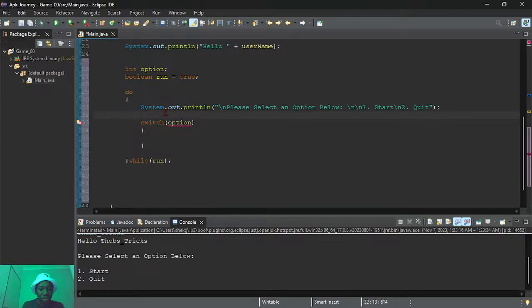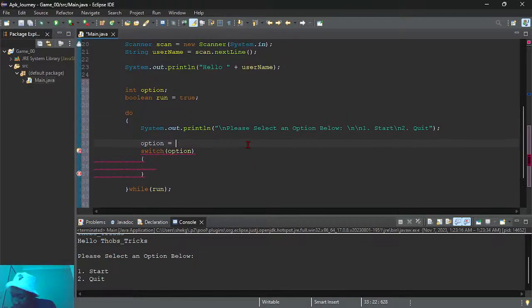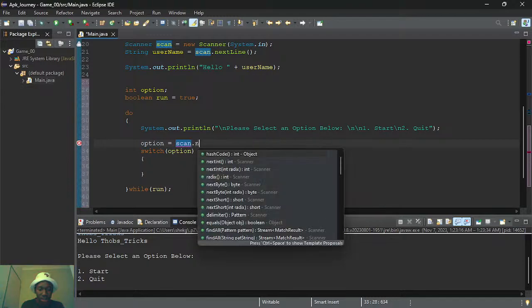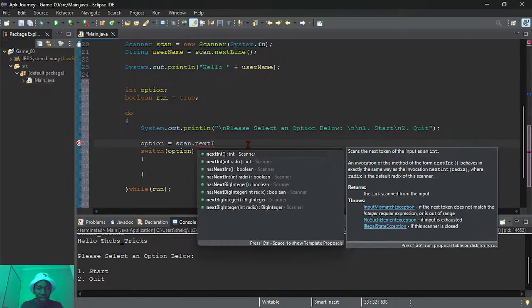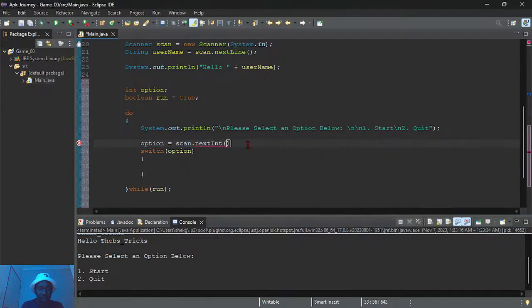Here I'm supposed to actually get the thing: option equals scan for the next int.